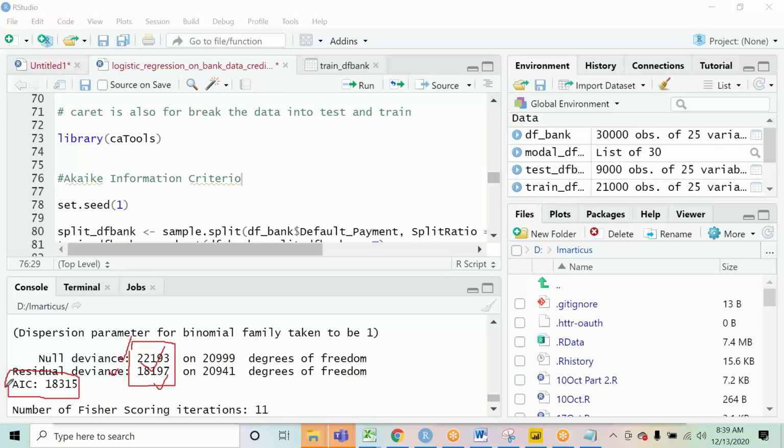When you run the model multiple times, you can compare these values to see if they are getting lower, or you can compare the AIC as well. If the AIC has gone down after rerunning the model, even though the null deviance and residual deviance are still the same, that means your model has improved a little bit, and you can build the next model on top of that. So this is used to compare the different possible models and determine which one is the best. You can use null deviance and residual deviance, or you can use AIC as a whole.